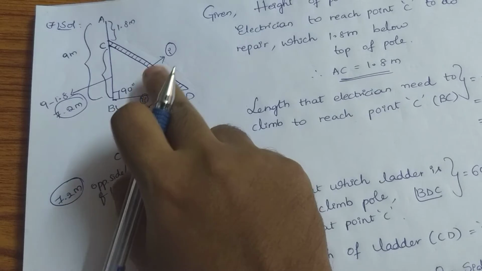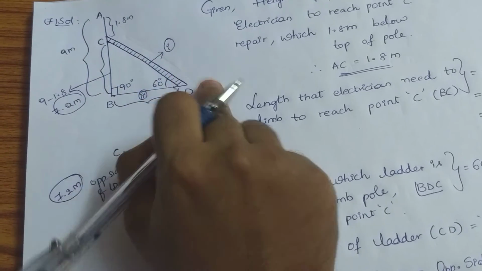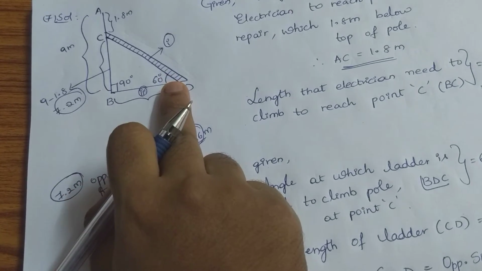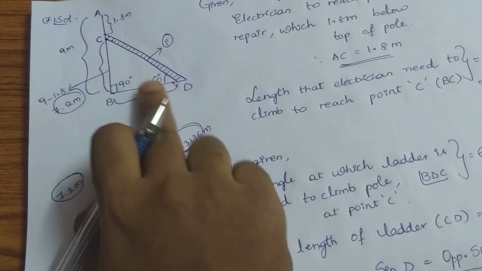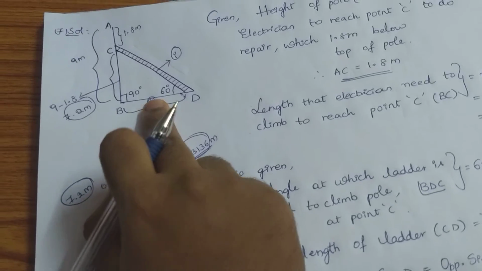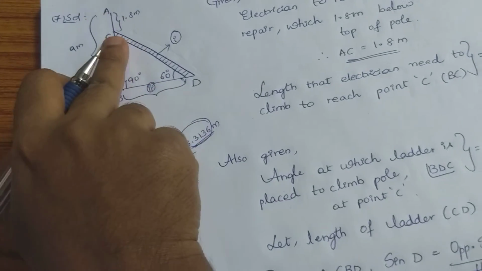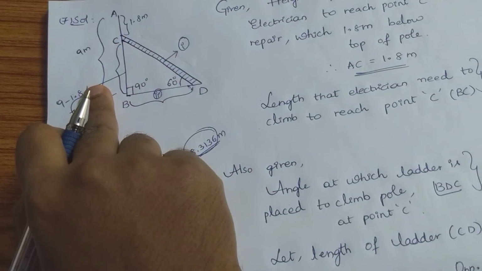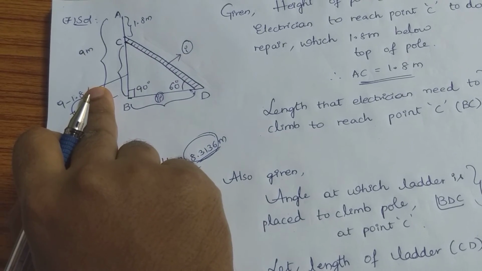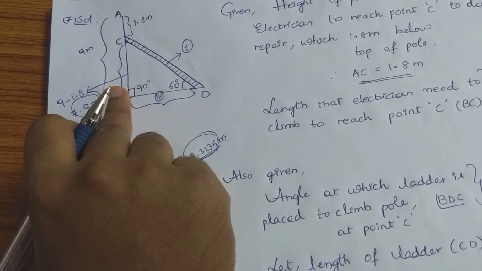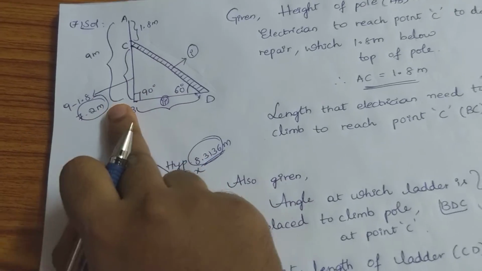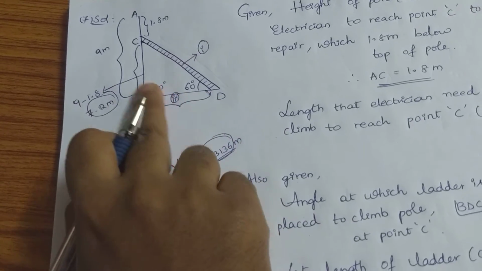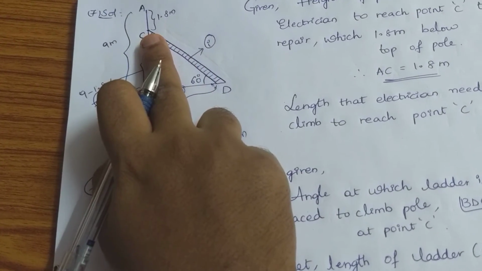First, they asked us to find the length of the ladder, and second, the distance between the foot of the pole and the foot of the ladder. So we have to find out CD and BD. Here point A is not required, because from the point C only the right angle triangle is formed. As per the mathematical figure assumptions, all mathematical objects are linear, so the angle formed between this AB and BD is 90 degrees. So this right angle triangle we have to consider.